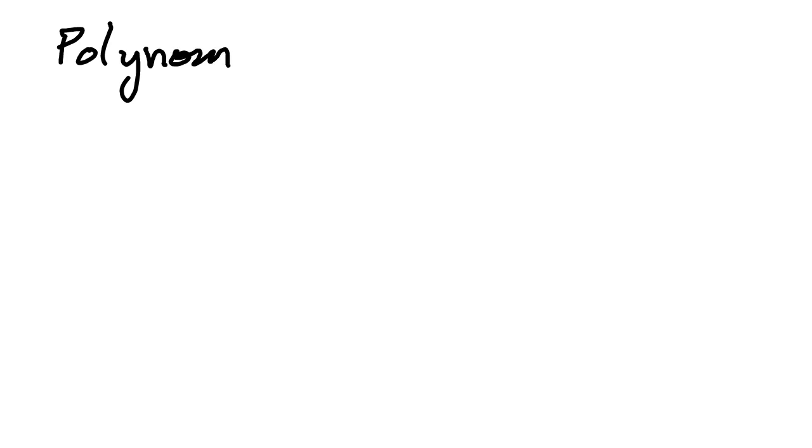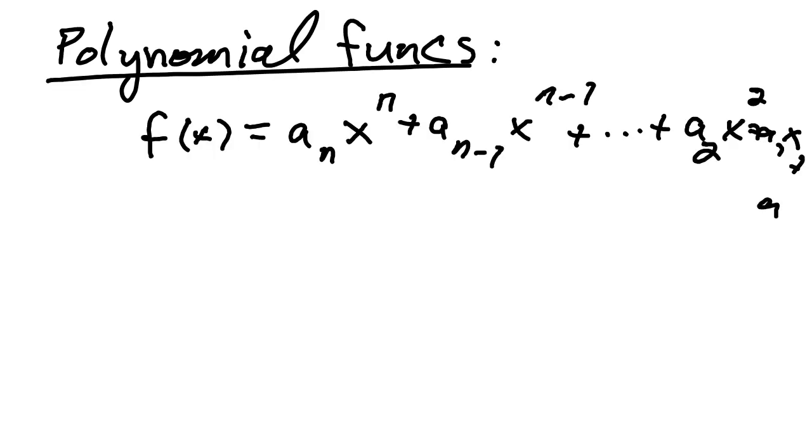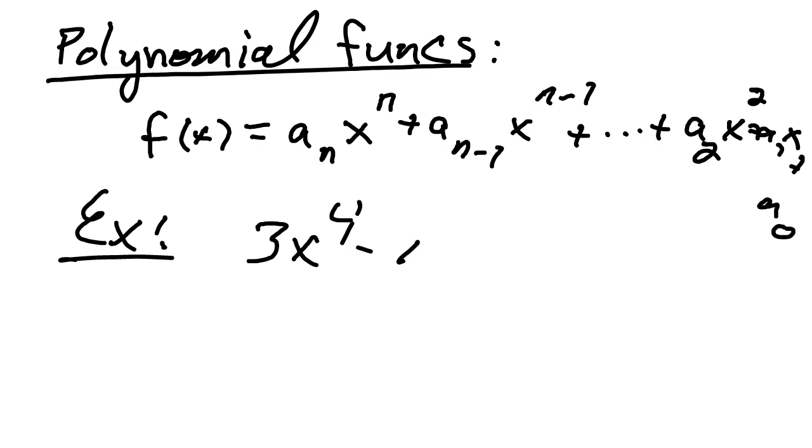Those are really nice when we graph them. So there's no sharp points or things like that. Domain is all real numbers, but it's going to look like this. f of x equals a sub n, which is just a constant, x to the nth power, plus a sub n minus 1, which is just some other constant, x to the n minus 1 power, and we keep going all the way down to a sub 2, x squared, plus a1x to the first, plus a sub 0, which is just a constant. So examples of this would be like 3x to the 4th minus x cubed plus 2x